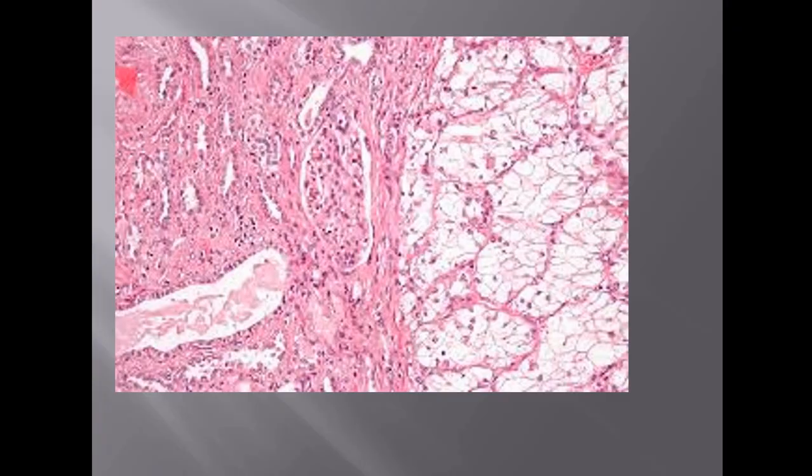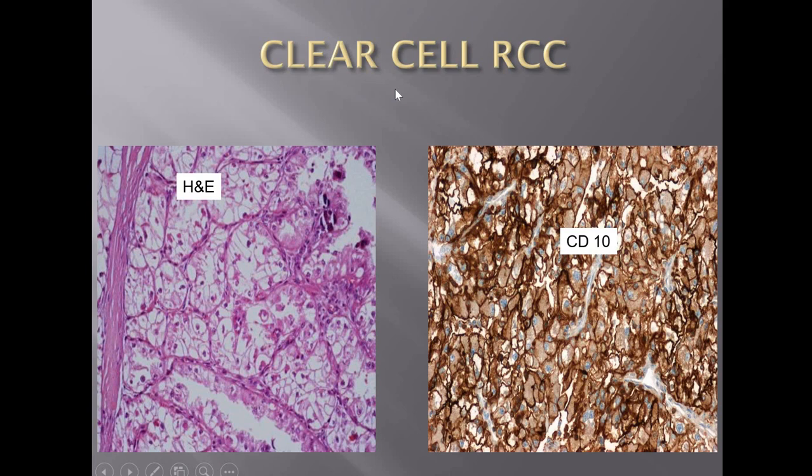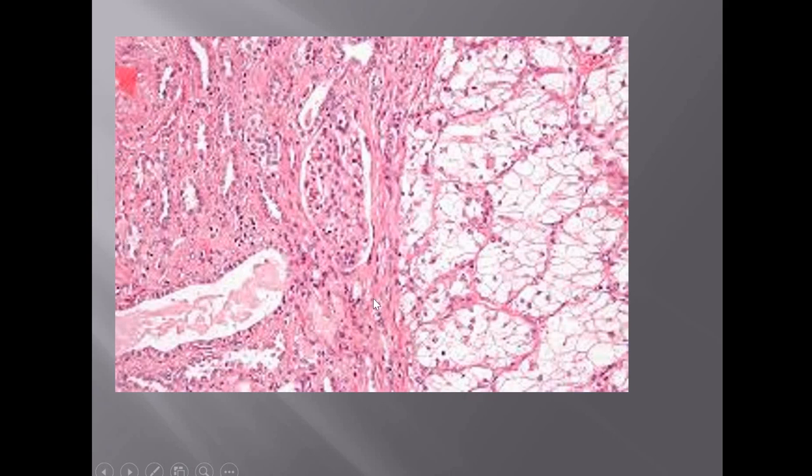So this is a histological picture of a clear cell RCC. As the name suggests, there are a lot of clear cells. This is the tumor portion. The previous picture showed you the normal kidney, this is the glomerulus and tubule, a normal part of the kidney. Adjacent to the normal kidney, you can find the tumor composed of cells with an empty or clear cytoplasm and the nucleus pushed to the periphery.